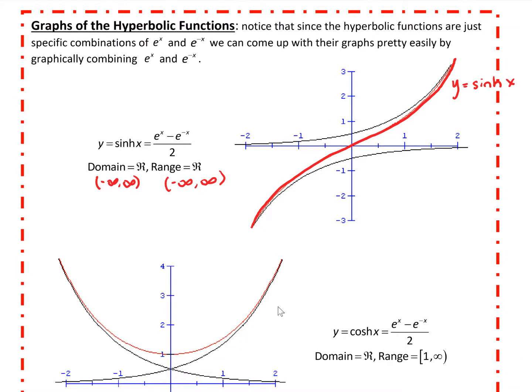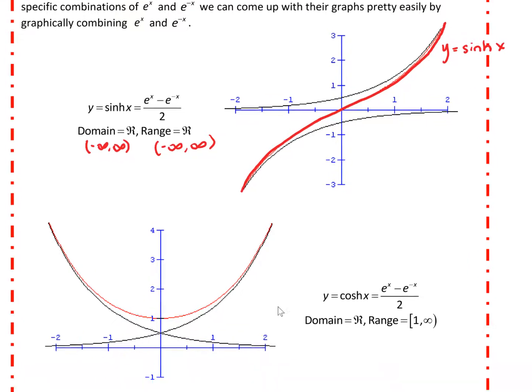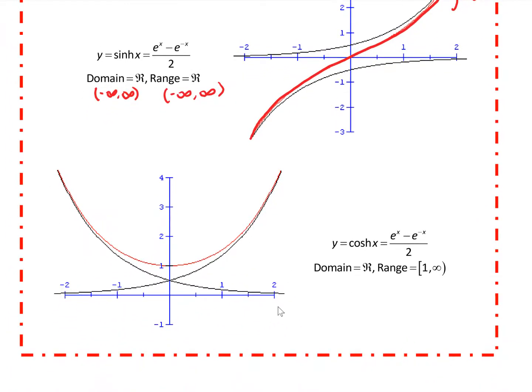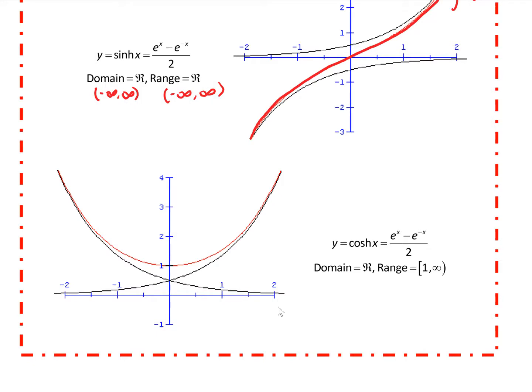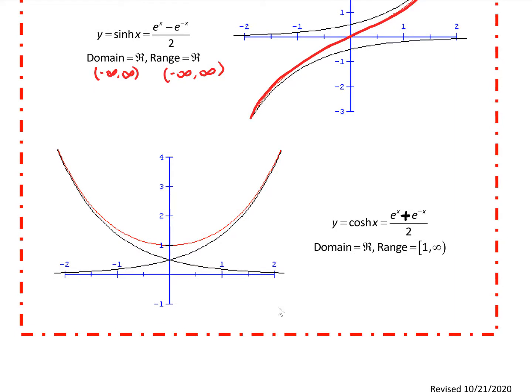Now, if we take the same two curves, and I just noticed a typo on my screen, e to the x and e to the negative x, the hyperbolic cosine is defined to be the addition of e to the x and e to the negative x. If you add those two exponential curves and divide by 2, what you end up with is a curve